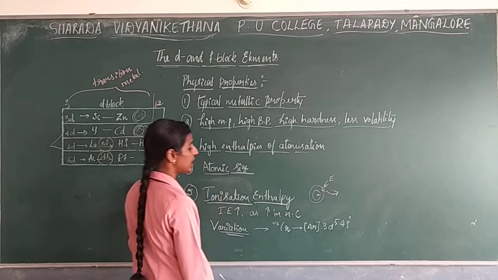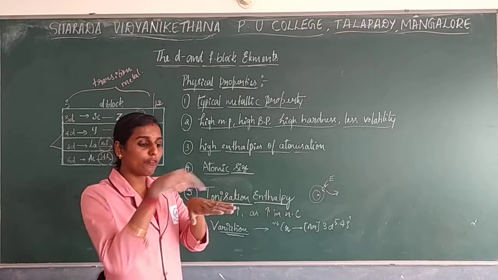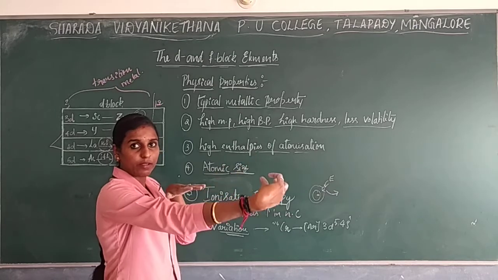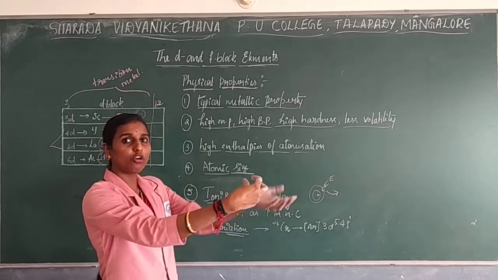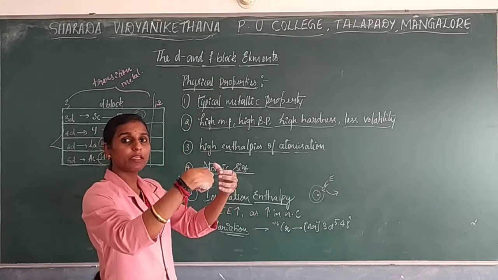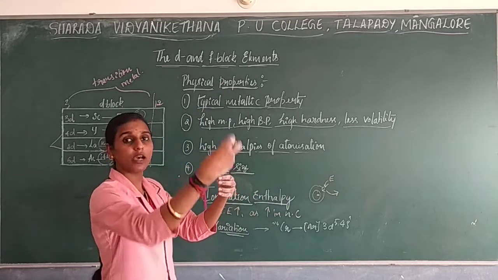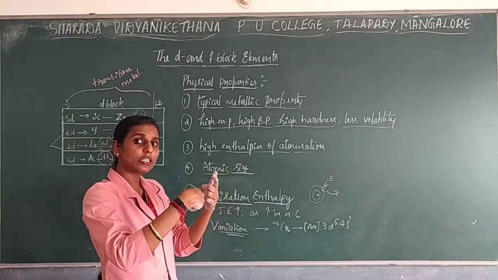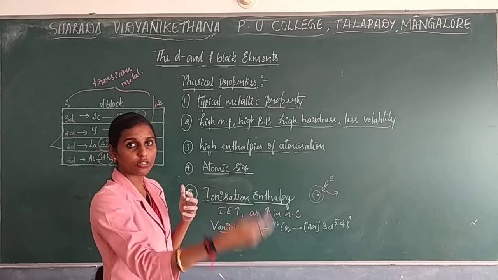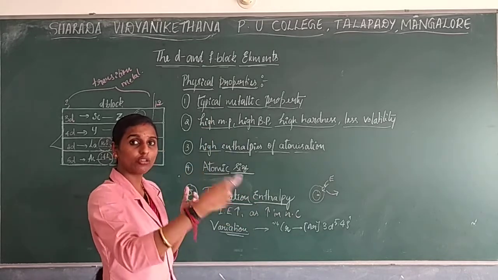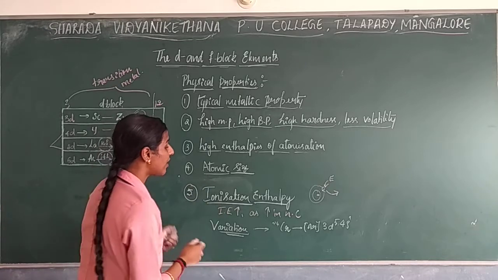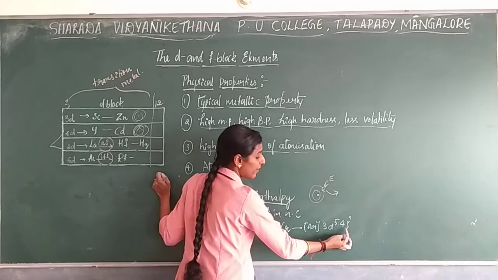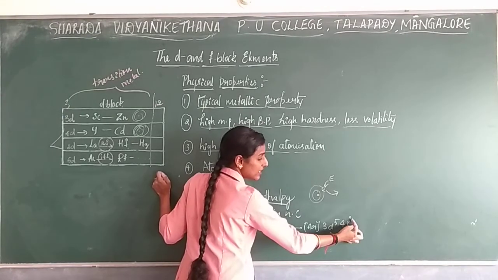Whatever the ionization enthalpy, when you go with the first ionization enthalpy, okay, the first ionization enthalpy is one energy, some amount of energy you need to give for the removal of an electron, and the second ionization enthalpy should be more to remove the second electron. So when you compare the first, second, third, the second ionization enthalpy will be more. Okay, and the third ionization enthalpy will be more to remove the third electron. Now here if you consider chromium, the first ionization enthalpy, in the sense the removal of an electron from the last shell, that will be lesser.